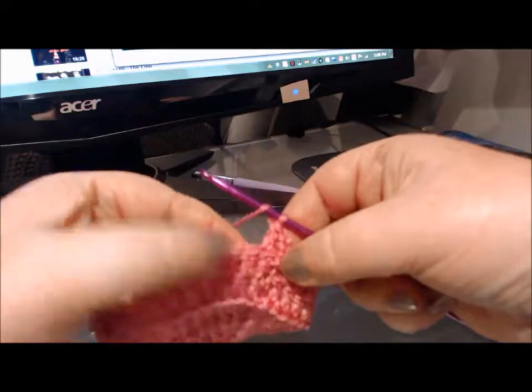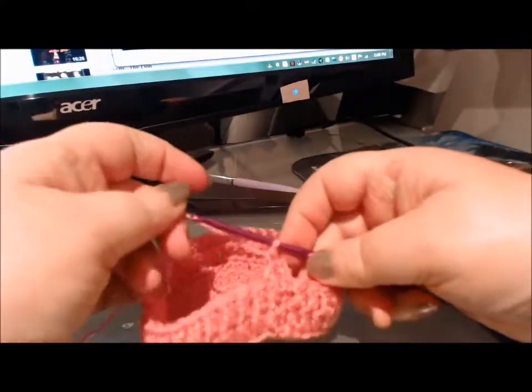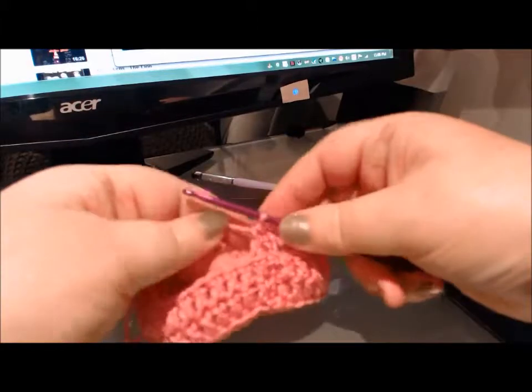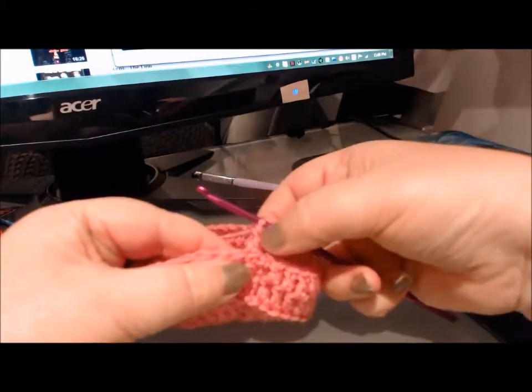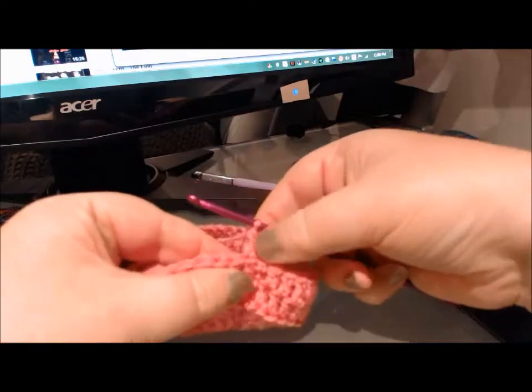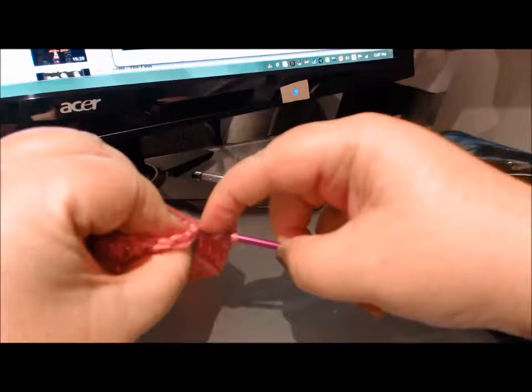and just double crochet all the way along, but this time you're going to be decreasing. And how you're going to do that is we'll go 1 double crochet, 1 double crochet,